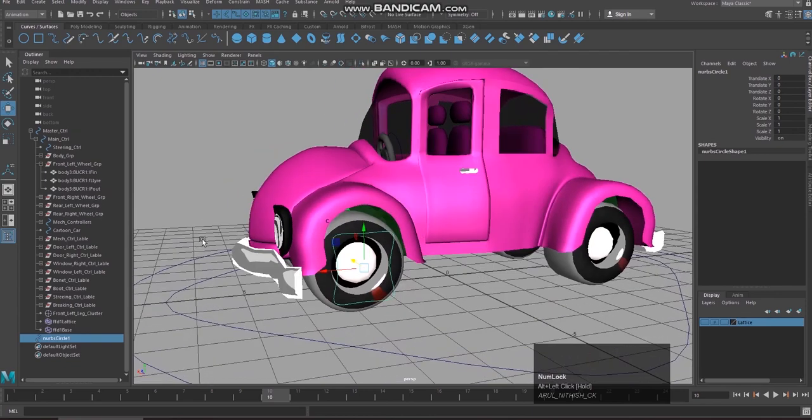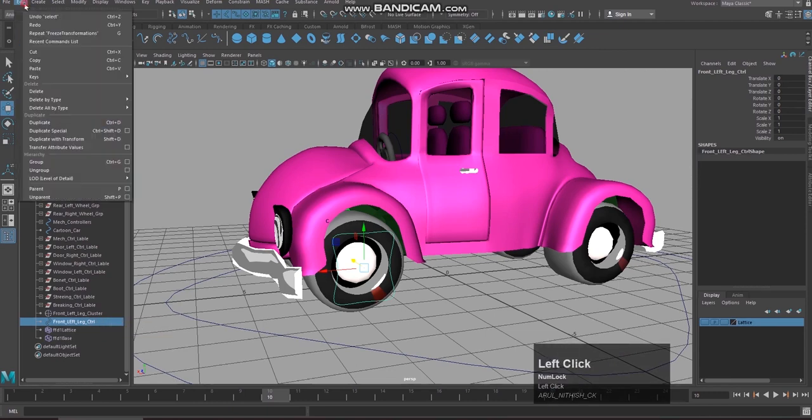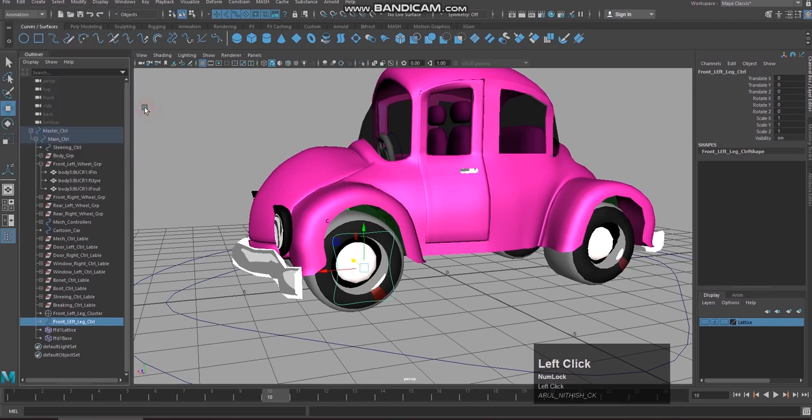Now select this. I should give proper naming actually: front left leg control. Bring it under the main control and edit, delete the history for the sake of safety.